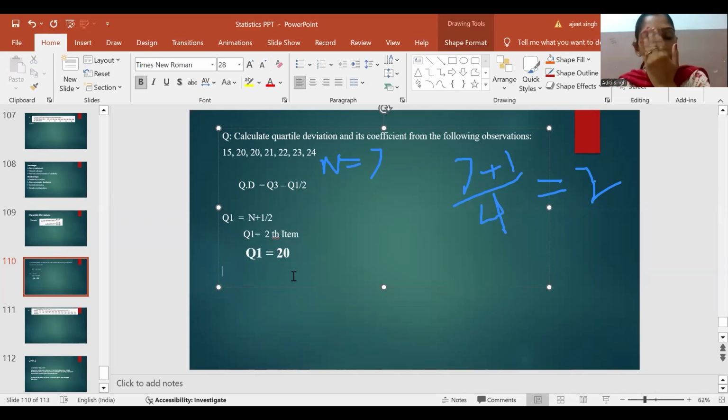Now we will calculate Q3. Q3 is equal to 3 multiplied by (n plus 1) divided by